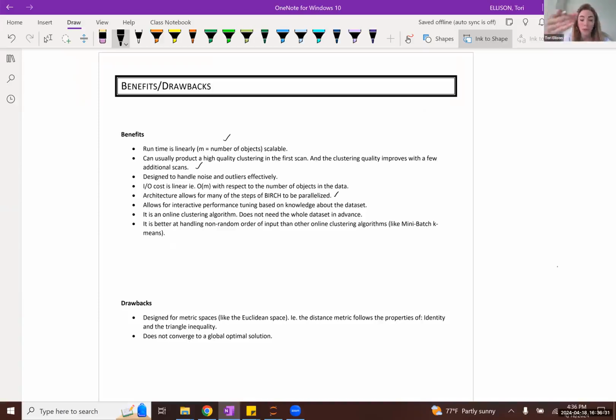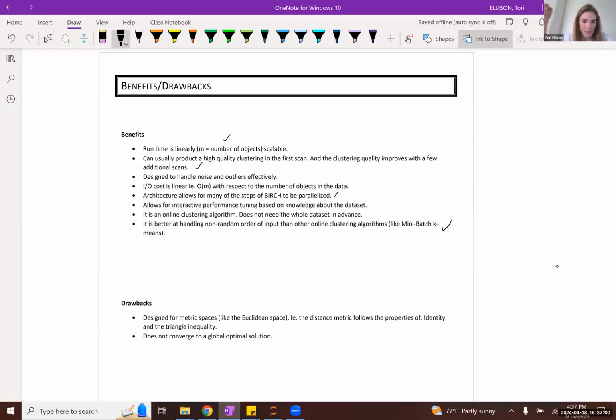It allows you to iteratively update the clustering structure as new observations come in. And furthermore, as we're going to see, it's even effective when your initial observations read into the tree are not necessarily representative of the full data set. And this is where step 4 of phase 1 really comes in handy.